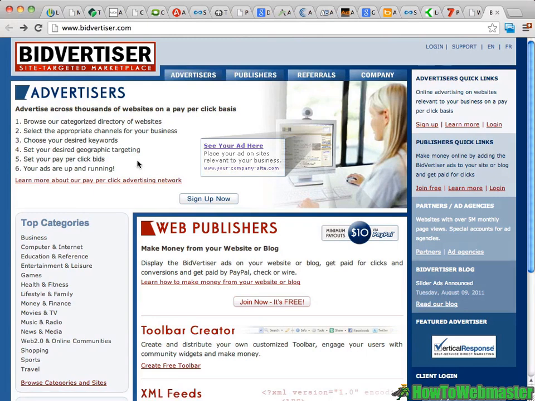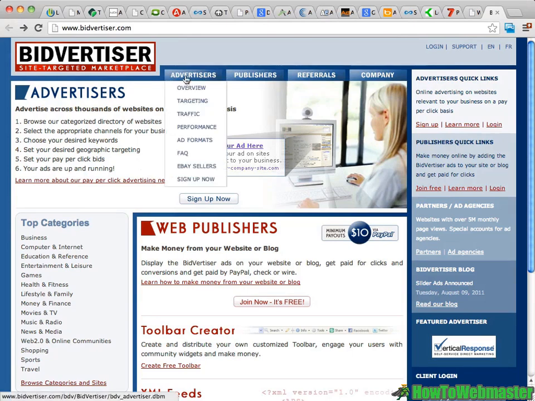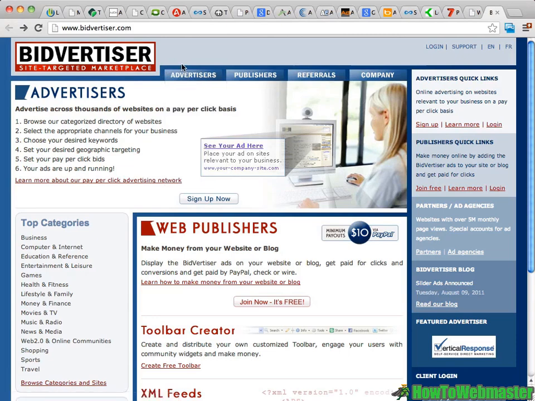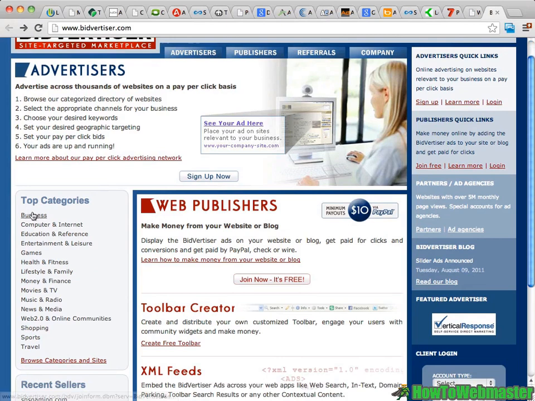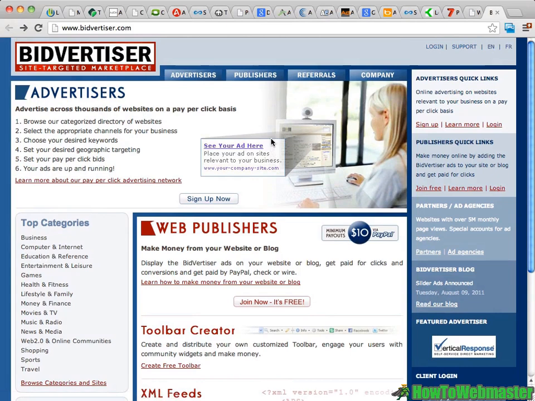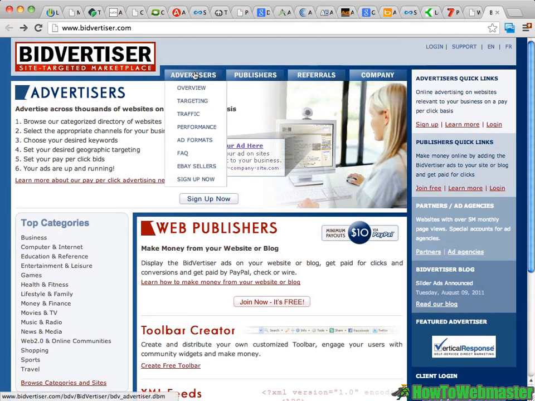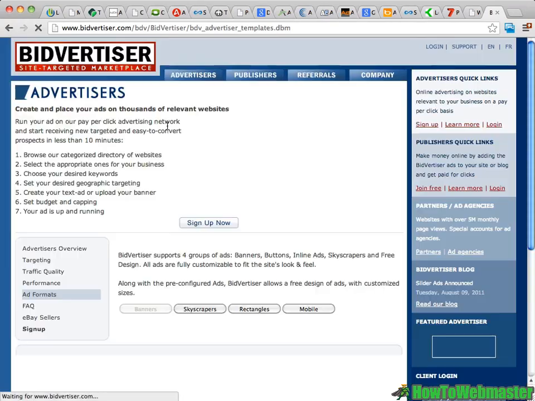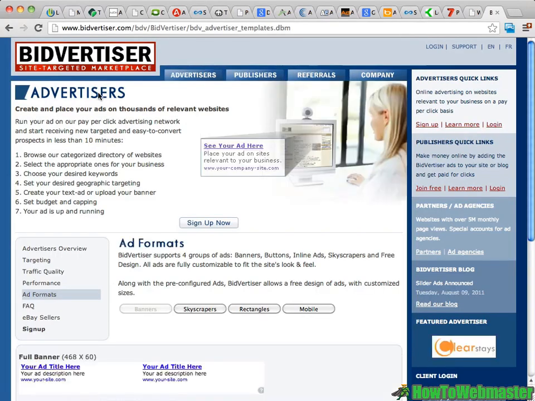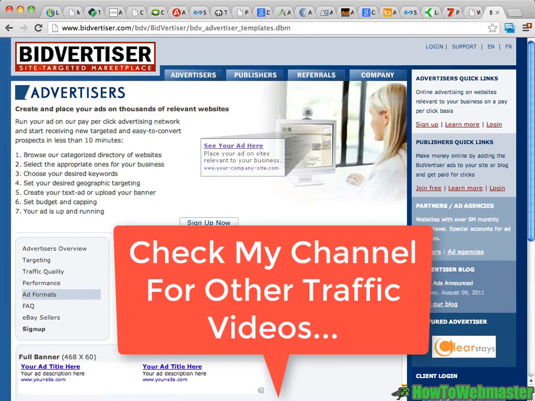Bidvertiser is definitely a second tier network, and they offer many different advertising products. What we're mainly concerned with here is their PPC. They allow you to either advertise by a category or directly on certain websites. You can see over here on the left the different verticals they're in. They pretty much cover all the different verticals, and they're very easy to get started with. You can just sign up. They'll show you all the different ad formats that they have and their search volume. All in all, Bidvertiser is a pretty good PPC search engine. That's going to cover the PPC advertising resources.